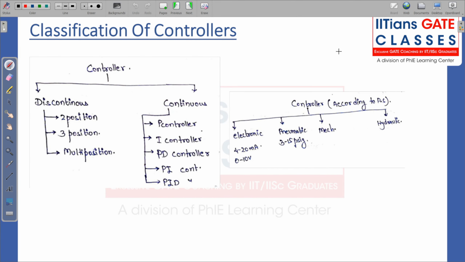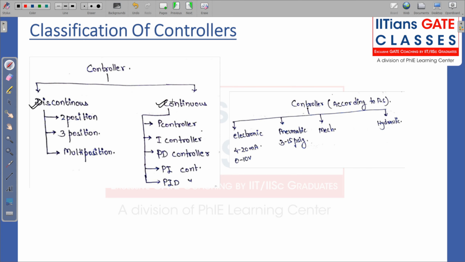Next we have classifications of controller. So what is classification of controller? We have different types of controller. Controllers can be classified into two types basically. One of them is discontinuous, another is continuous. Discontinuous controller means all those controllers which operate in discrete positions, or have discrete decision making